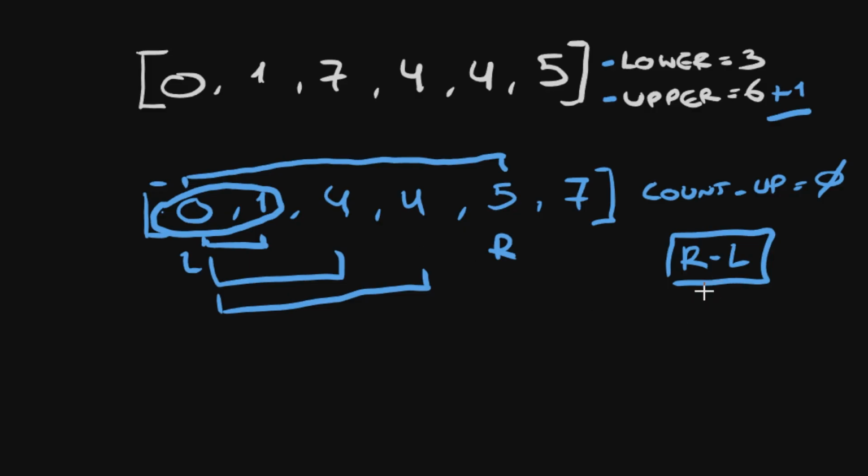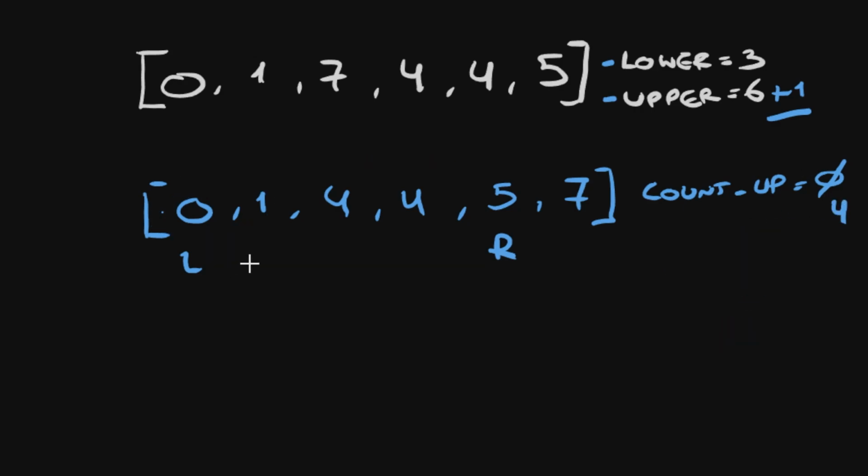R minus L is 4 minus 0. So now the count is 4. Once we find a valid sum, we update the left pointer one step to the right. Now 5 plus 1 is still smaller than 7, so what this means is we are adding to the count 4 minus 1, we are adding a 3, so now count is 7, and we update the left pointer one